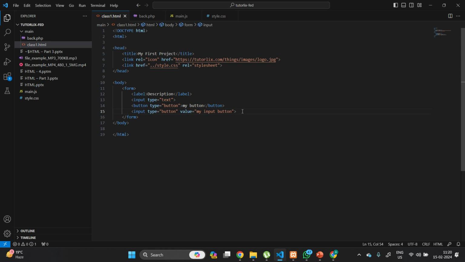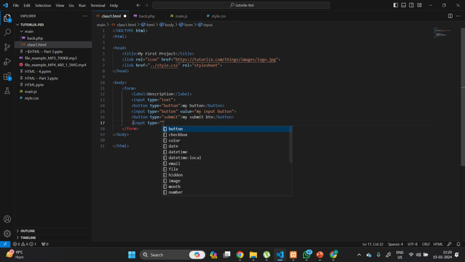Similarly, if we want to define a submit button, then it's like button type equals to submit. We can have my submit button. Then we have something like we can say input type submit. Sorry, input type equals to submit, and